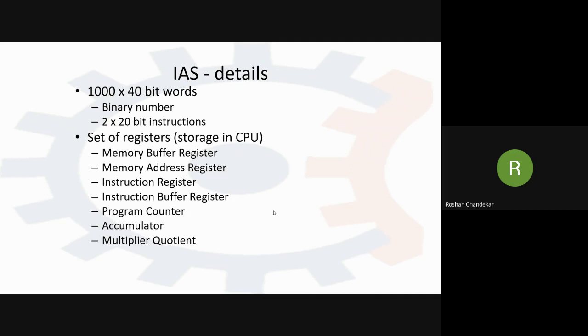There are four different types of register in the CPU: the accumulator, which stands for the AX register, the base register, which stands for the BX register, the CX register, which stands for the counter register, and the DX register, which stands for the data register. These four different types of register are used in the 8086 microprocessor or in the IAS computers, where each register is used to store some value. And one special thing about the accumulator register is that the accumulator is used to store the result of my instructions.